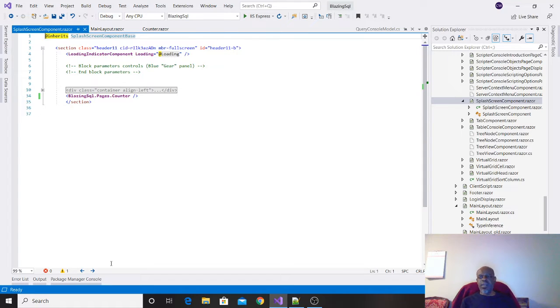And this can all be done in a separate Razor project if you'd like, which I didn't do with this one because there were certain things that I need that are within the Blazor project itself. Making it external just didn't make sense. So I might entertain it later on, just to make sure that they're all separate in the event that I want to use some of the components somewhere else, but all of these are specific to BlazingSql, so it doesn't make any sense. But anyway, each one of the components, the beautiful thing that I like about it is this